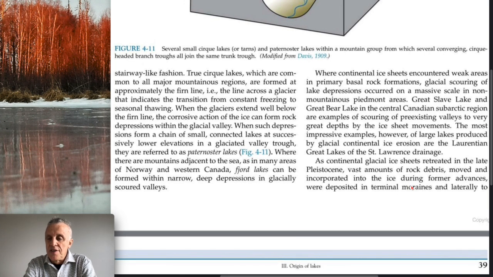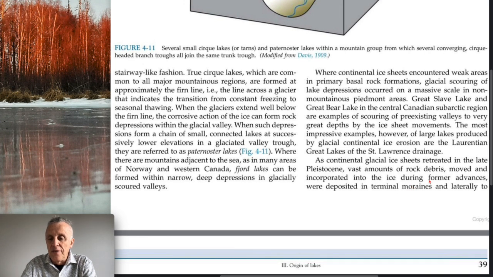Where continental ice sheets encountered weak areas in primary basal rock formations, glacial scouring of lake depressions occurred on a massive scale in a non-mountainous Piedmont area. Great Slave Lake and Great Bear Lake in the central Canadian subarctic region are examples of scouring of pre-existing valleys to very great depth by ice sheet movements. The most impressive examples, however, of large lakes produced by glacial continental ice erosion are the Laurentian Great Lakes of